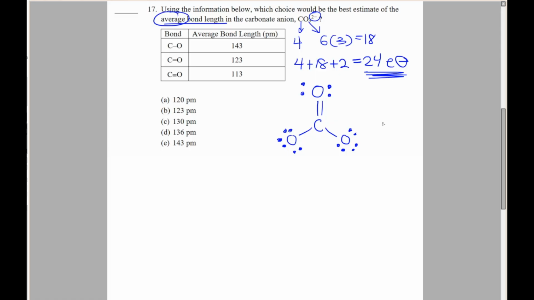And we can check now to make sure that this matches up with the 24 electrons we determined. Each lone pair has 2 electrons, and each bond has 2 delocalized electrons. So if we count them, 2, 4, 6, 8, 10, 12, 14, 16, 18, 20, 22, 24. So we do have 24 electrons, so that means there are no other adjustments we need to make to this Lewis structure, so that's good. However, we do notice that this anion should have a 2- charge, and that's going to